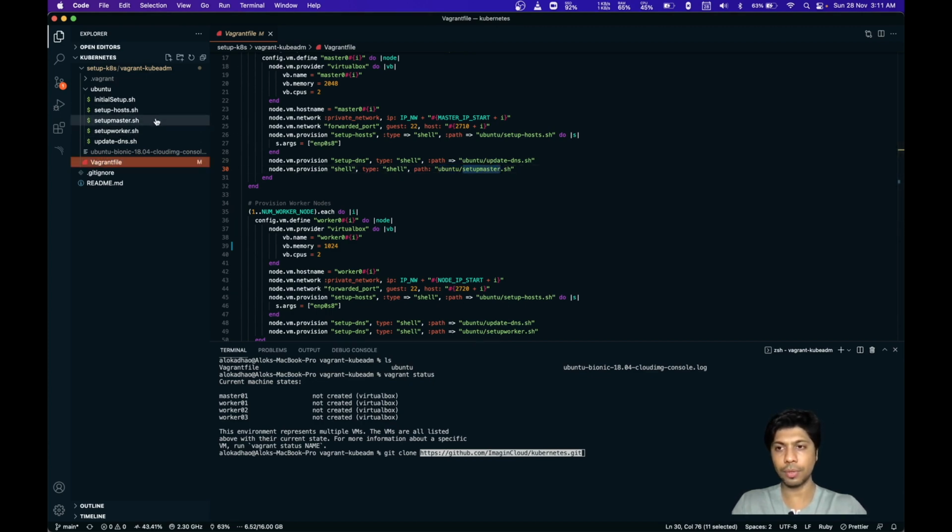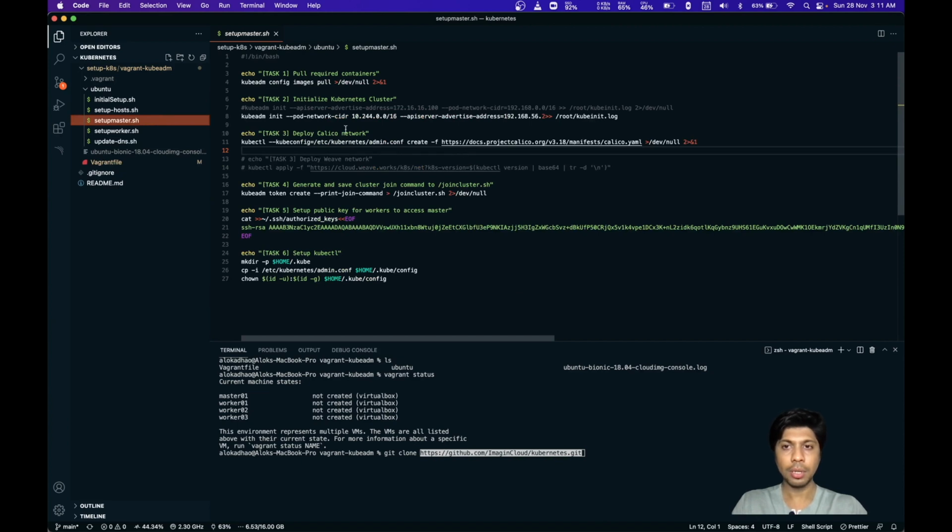If you see setupmaster.sh, I am first pulling all the required images using kubeadm config images pull, and then initializing the Kubernetes cluster using the pod network 10.244.0.0/16. And I need to provide the master IP address over here in the API server advertise address. After that,